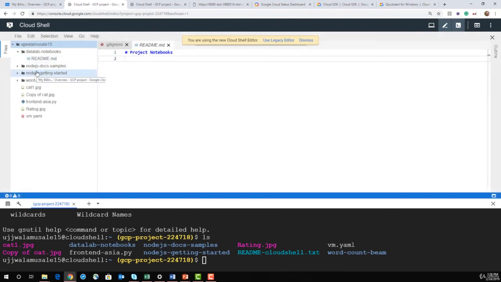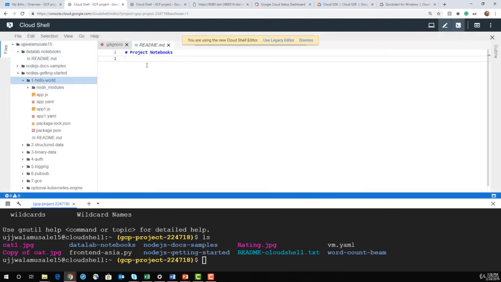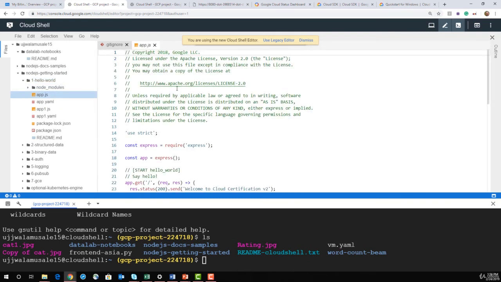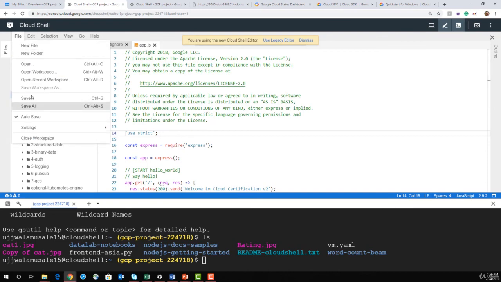So all your directories will be listed. You can even create your own files here or modify the files here. And you can go and save the files.